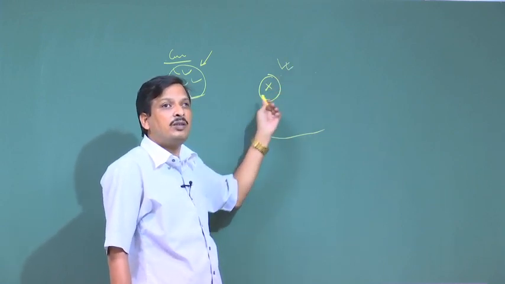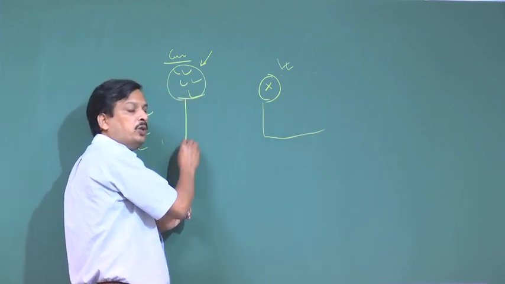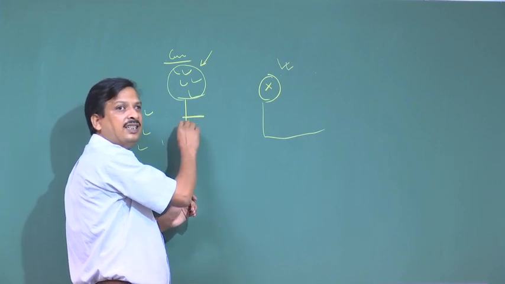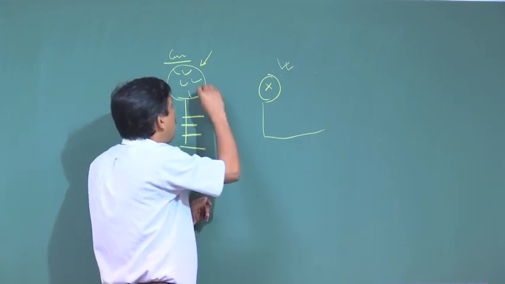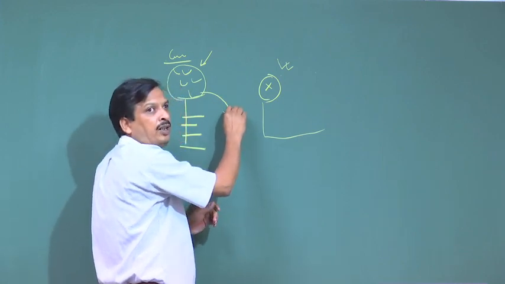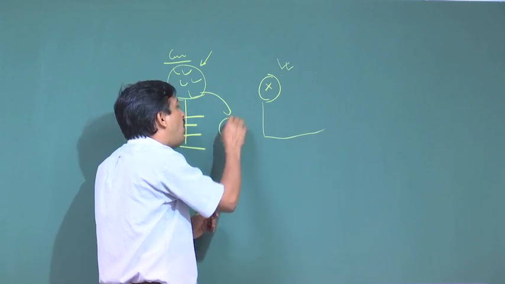Here the purpose of the evaluation is not to provide a certificate to the students that you are competent in this skill, this skill, this skill and this skill. As a teacher, I should analyze each of the test items